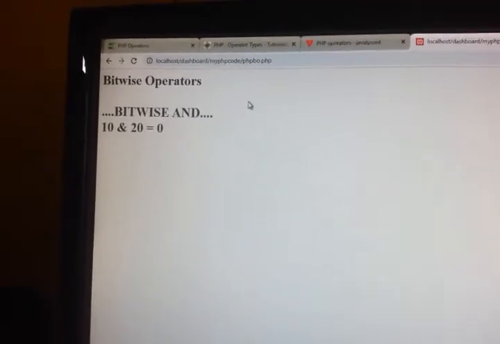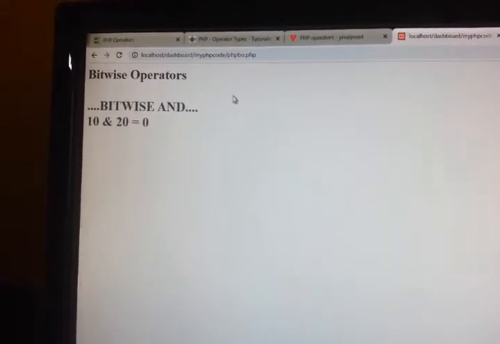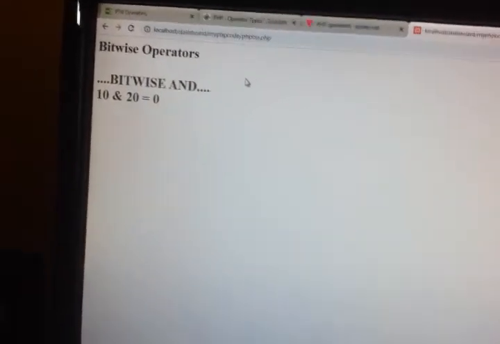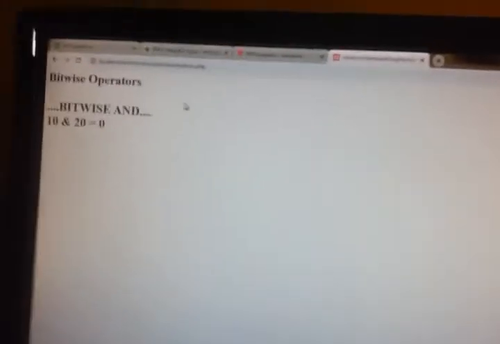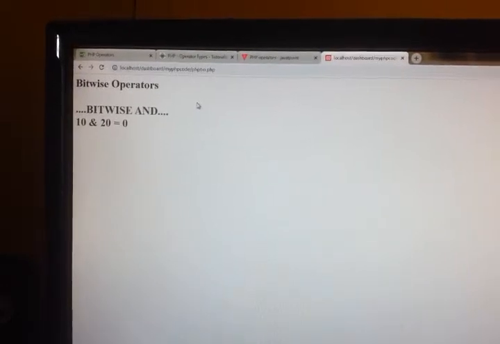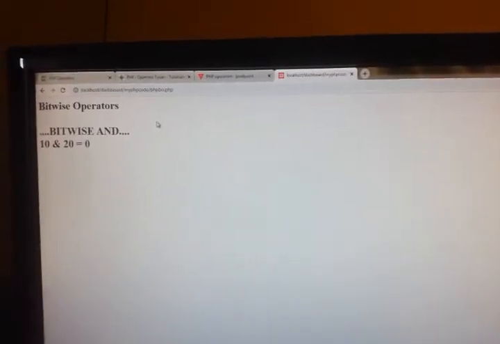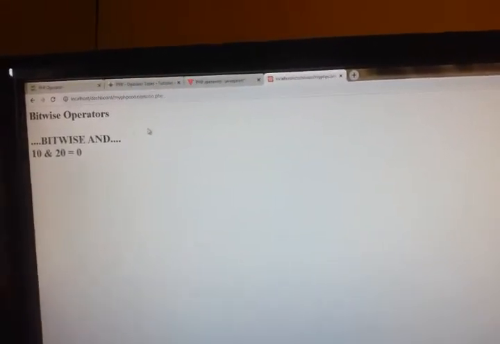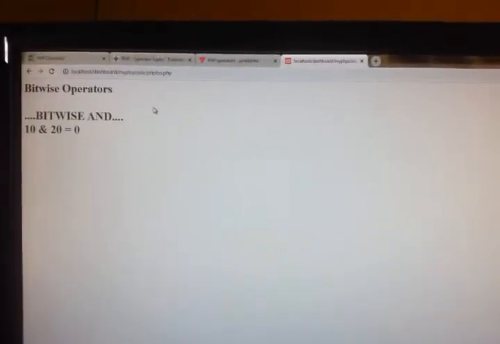Bitwise AND, 10 and 20 is equal to 0. So how you got this result is: 10 is a decimal, converted to a binary number, and 20 is again converted to a binary number, and each and every bit of the number is checked with the other and it will show the final value.